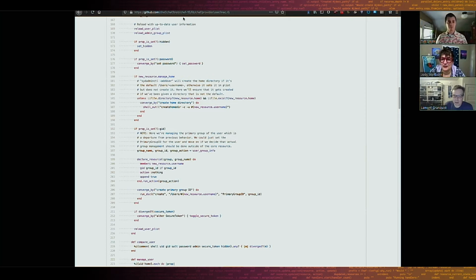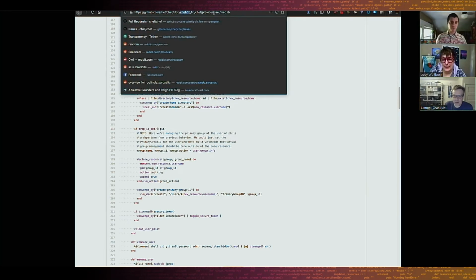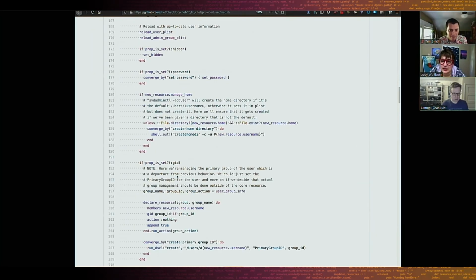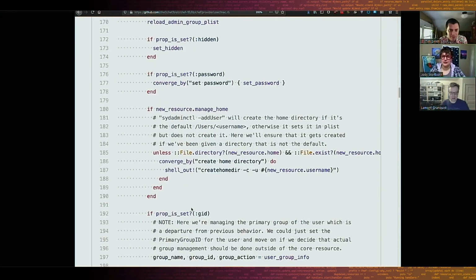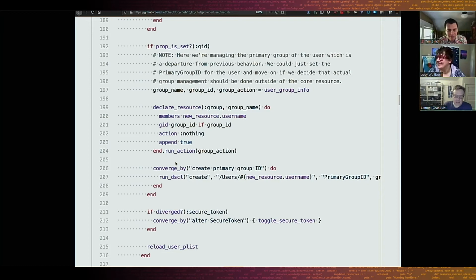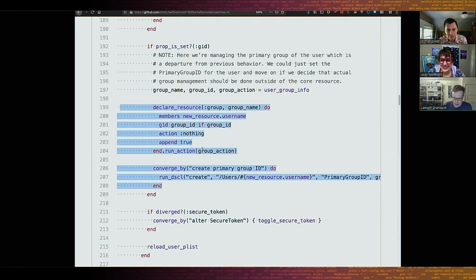So this is the Chef 15 version of the user provider for Mac. Do you think you could increase the text on there just a teeny bit? Oh yeah, that's perfect. So this is sort of horrible stuff going on here.